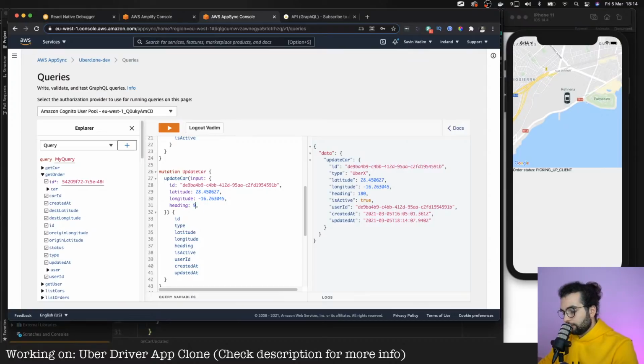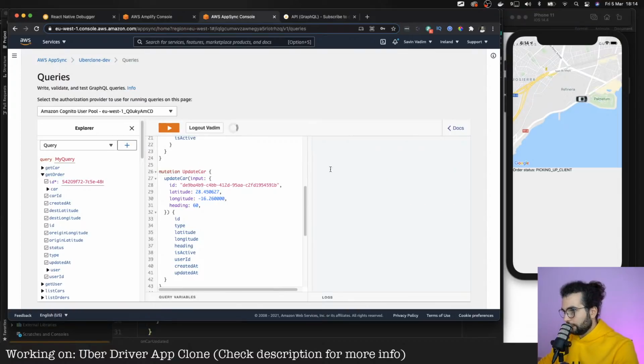If I do 90 and move it a bit like this, save, update car, it shows how it moves. And here, if we do 60 and 00, update car, it moves.